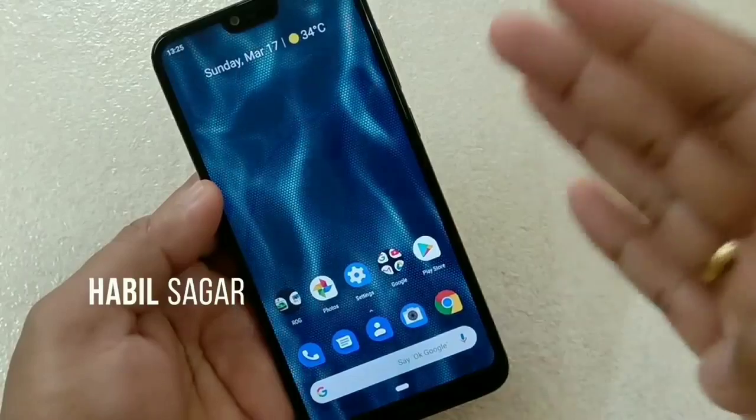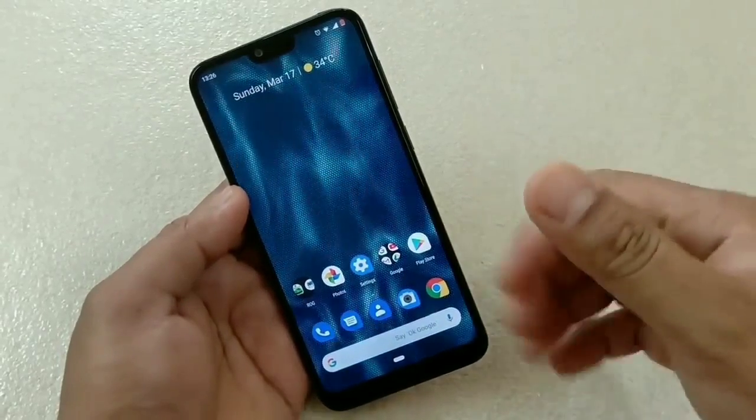Here are 6 Android tips and tricks that you might not know. But before that,